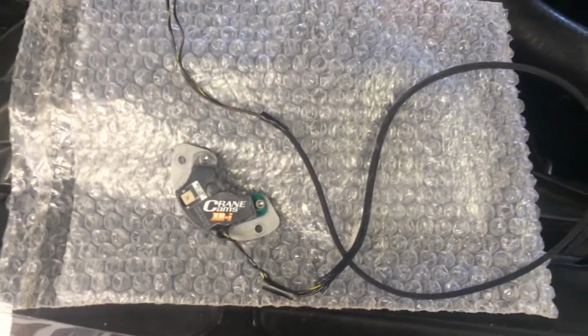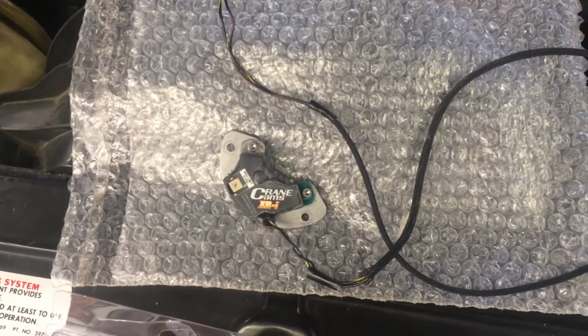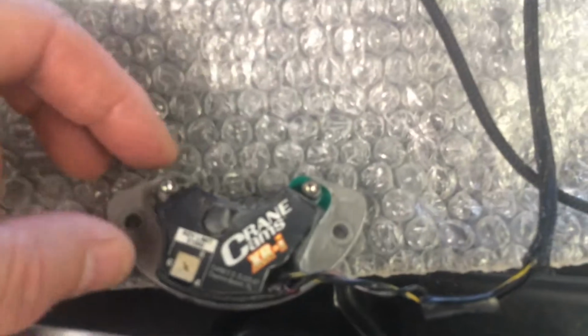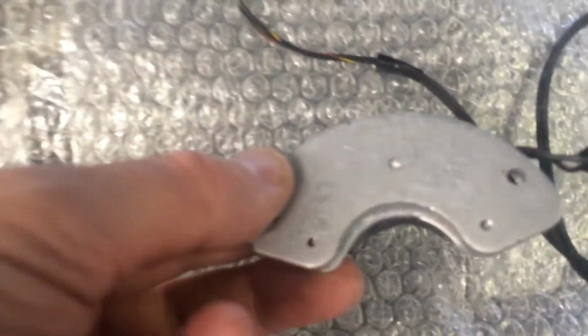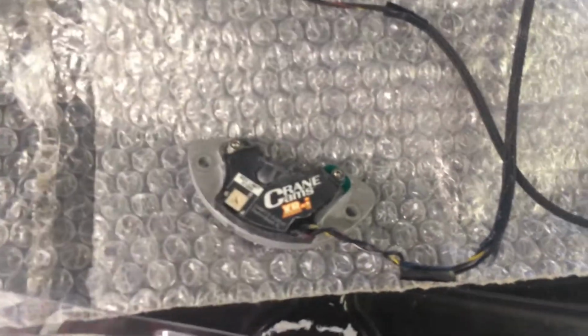The rev limiter would be kicking in at about 4,500 RPM, so I thought maybe I needed to add some more CPU thermal paste on the bottom, so I did that. And naturally, when this is